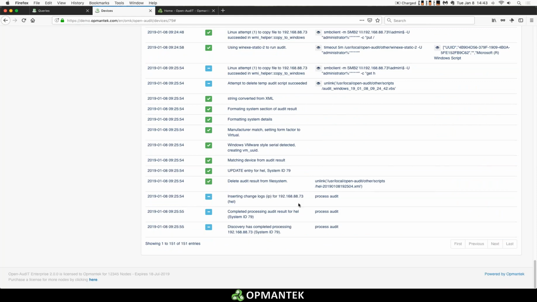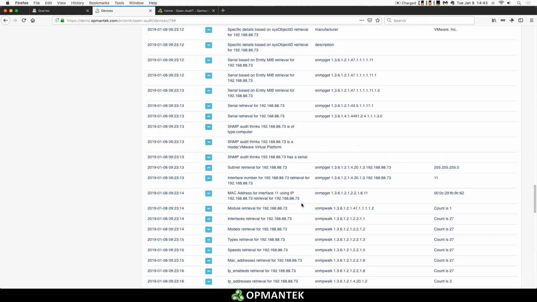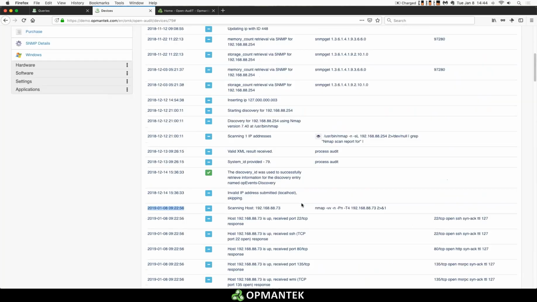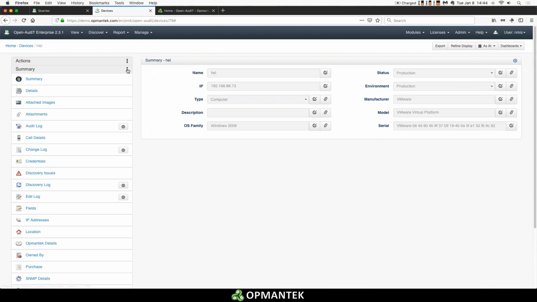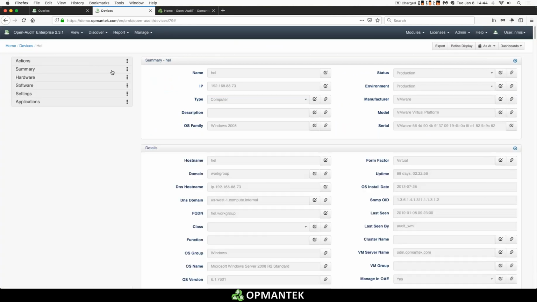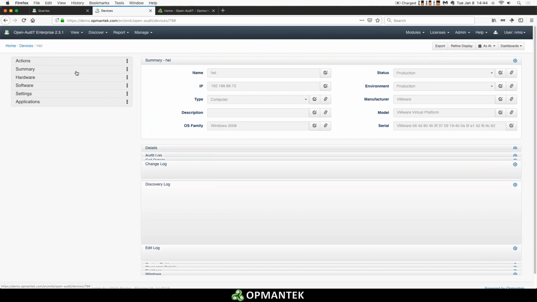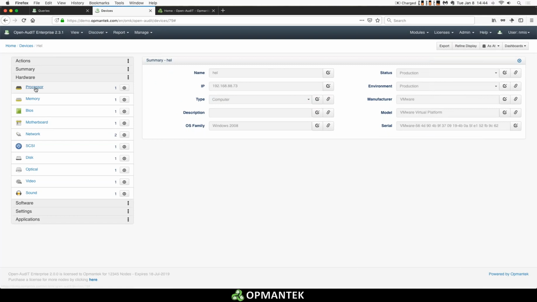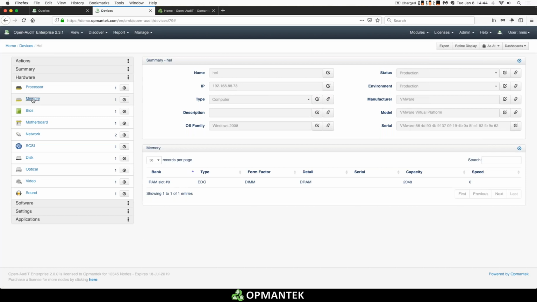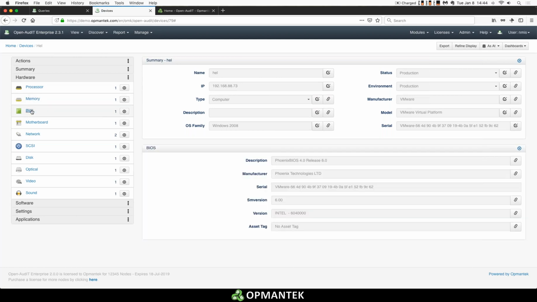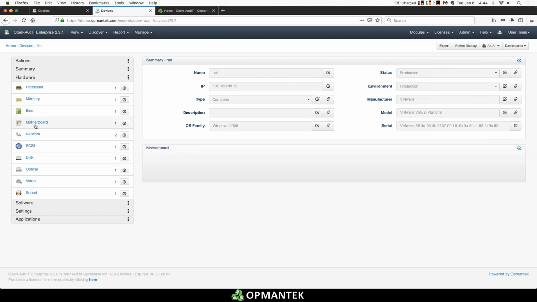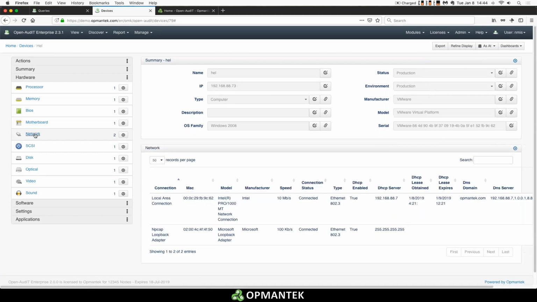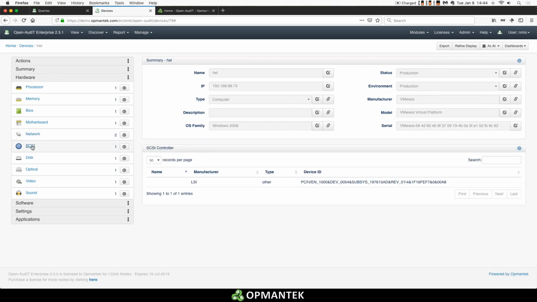So keeping in mind about all of the information that's coming back, let me just scroll back up to the top of the screen. We're going to close that out. I'm going to minimize the summary section here. Open up hardware. So again, we're pulling back the hardware information, your processor, your memory, all of your memory slots, what kind of RAM is installed, which slots have what RAM of what size, the BIOS, the motherboard, your networking cards, all of your networking cards, your multiple interfaces where they connect,